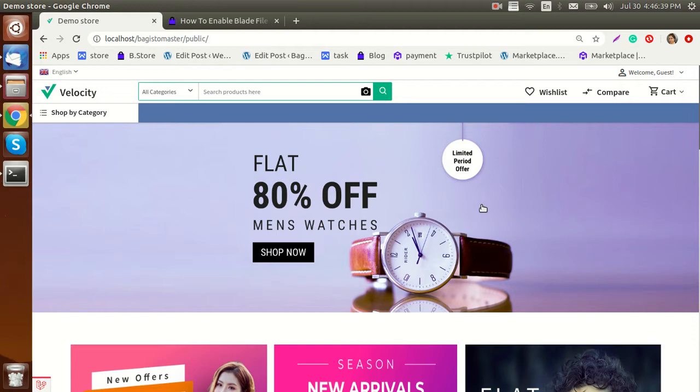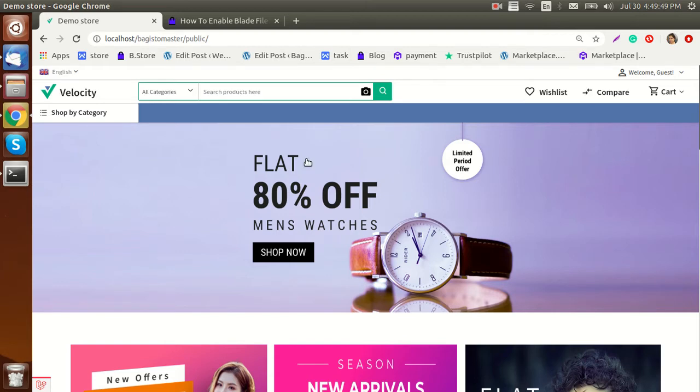And this video could be very helpful for a number of reasons. This could be helpful for you if you are working on a website with lots of views, implementing a number of blocks in a template. This will also help beginners to understand the structure of the project. So guys, before moving to the steps to enable the blade file hint path in Begisto, basically the hint path will help you to show the path of all the blade files that are loaded into your template. And we can say in the UI the user can easily find the blade file of any block. It will also help to quickly understand the Begisto code structure.